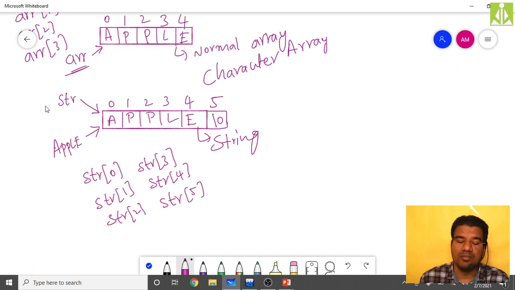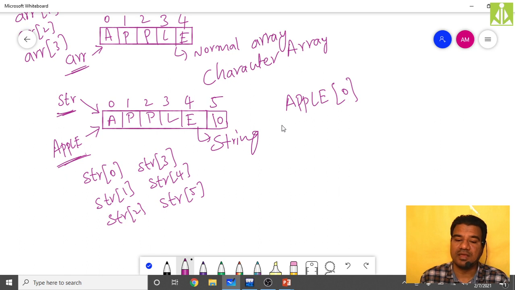As I said, many times you are not giving any identifier to the string. Here I have given an identifier, and using that identifier I'm accessing all the elements from the string. But many times in programming we don't give any specific identifier to our string. So in that case, what will happen? The string content itself becomes the reference. Now, in order to access the first element, that is the 0th element, how can I write it? Apple of 0. Many times they will give it like this.